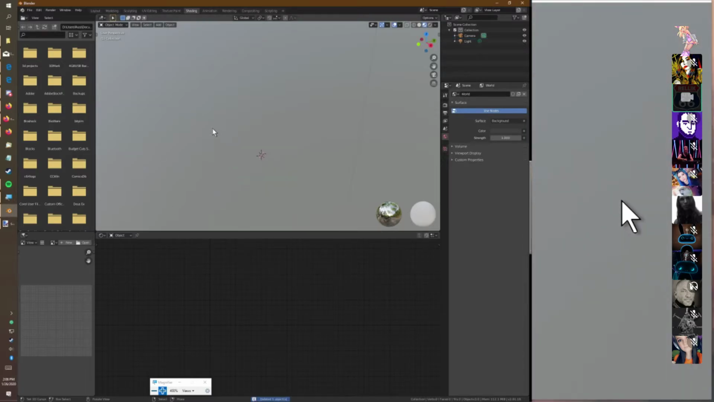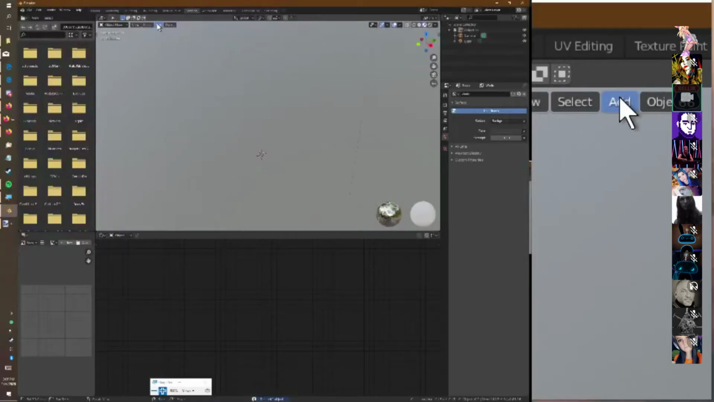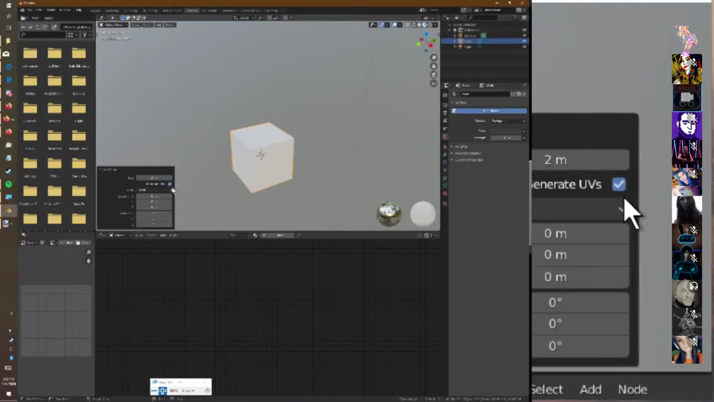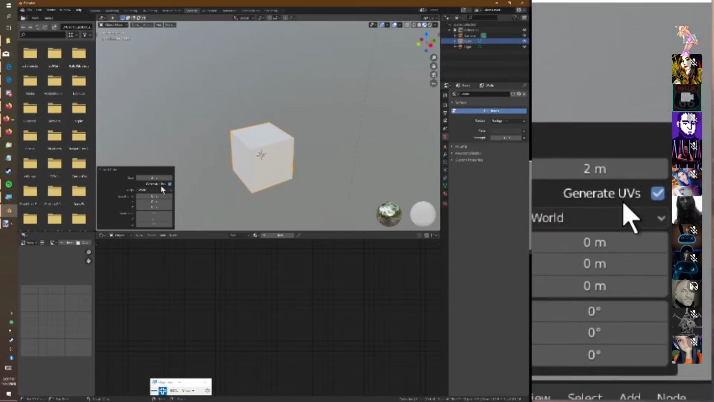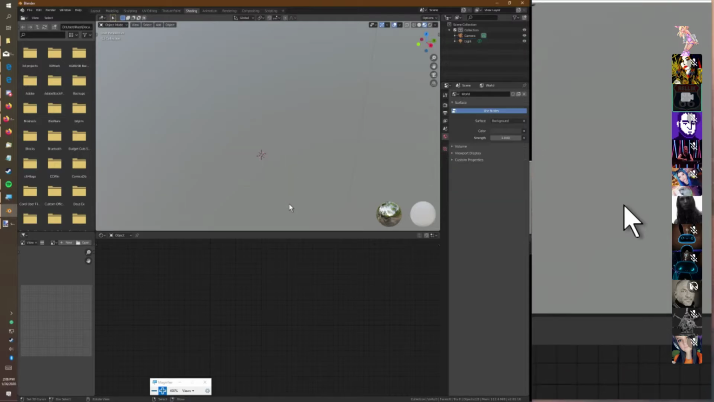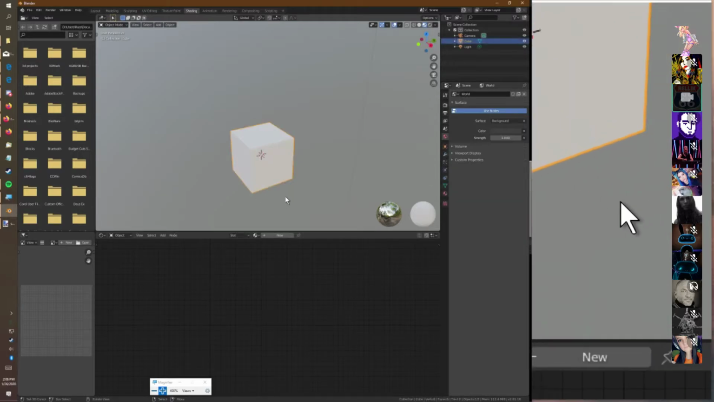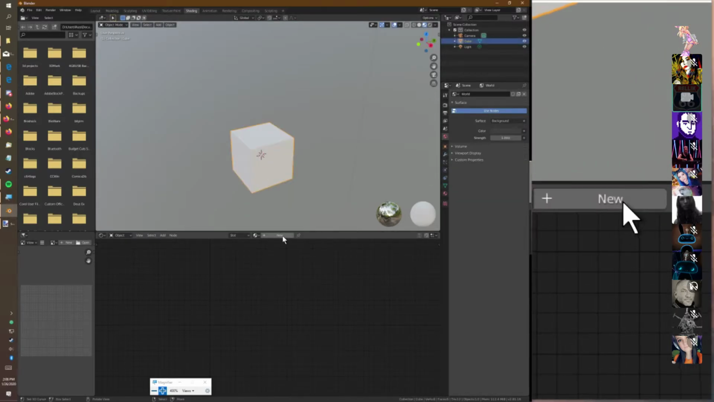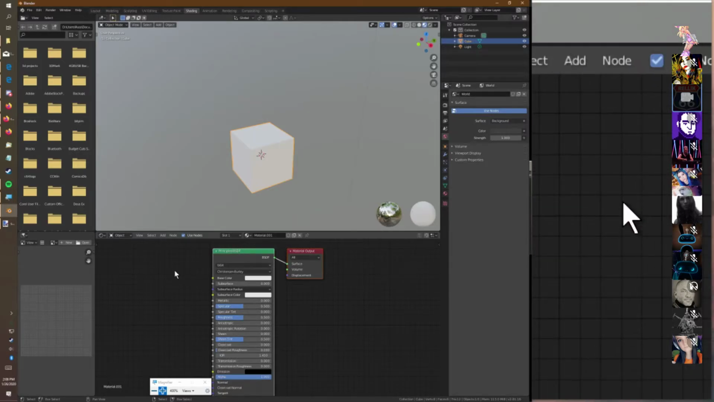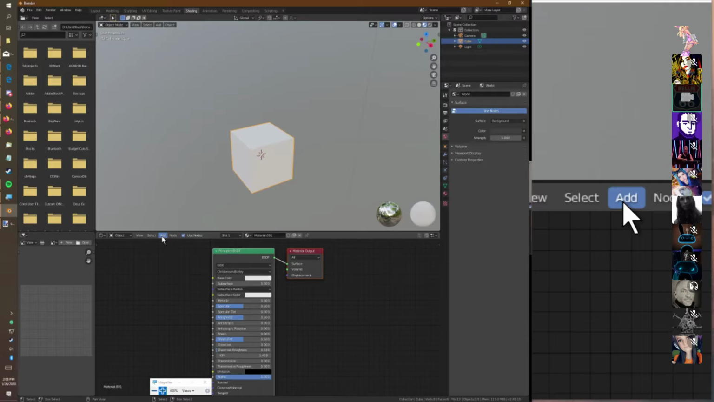I'm going to do this one more time, just in case I have problems with themes. I'm going to do mesh, add, cube, generate UVs, size. Oh, never mind. Okay, all right. So new, we're creating a new material. Now here's what I'm going to do. I'm going to add